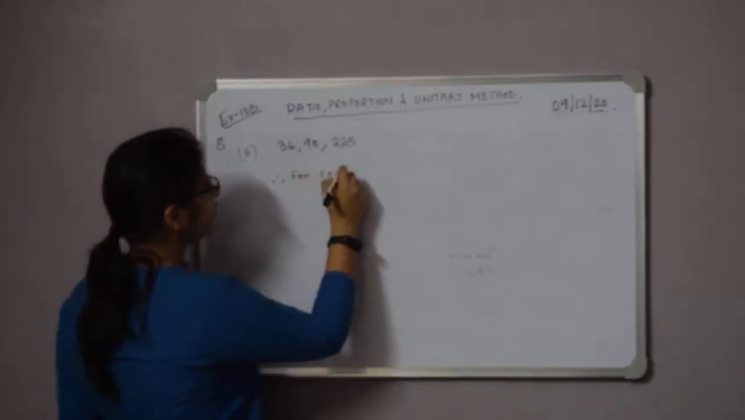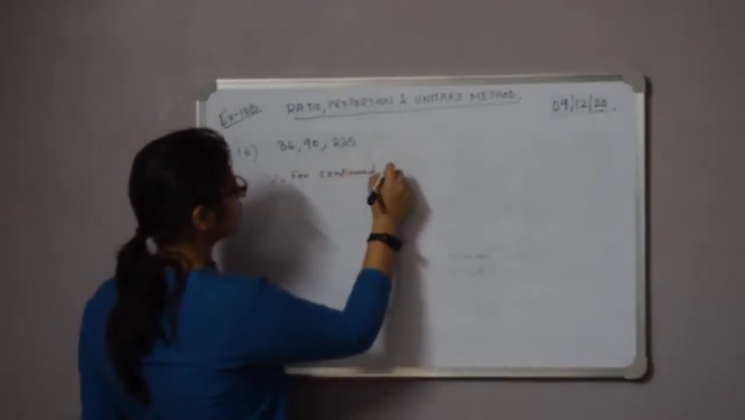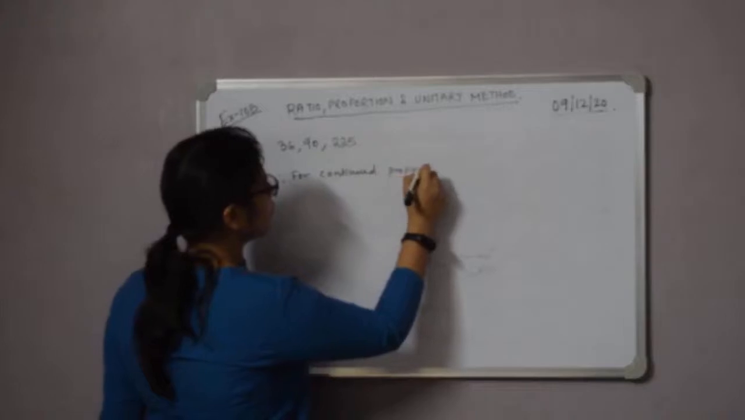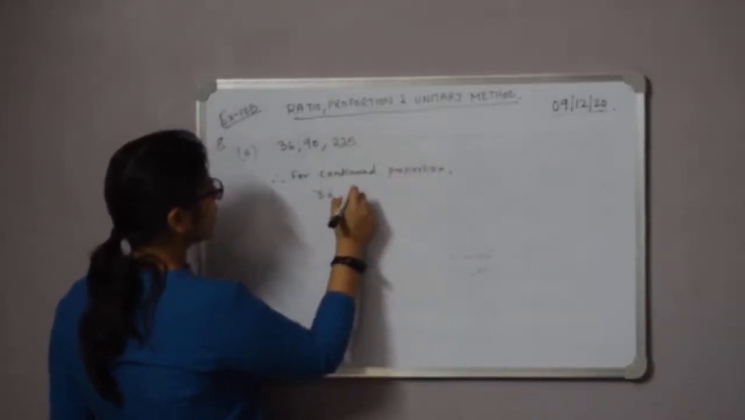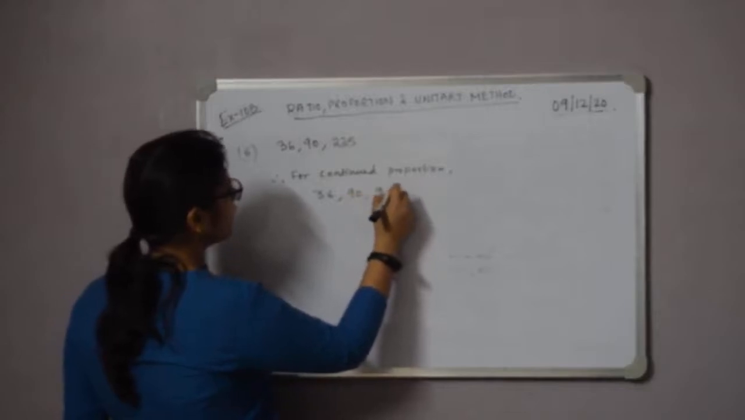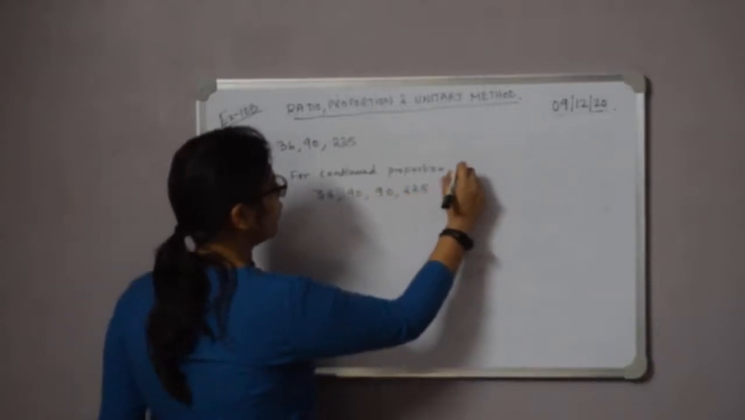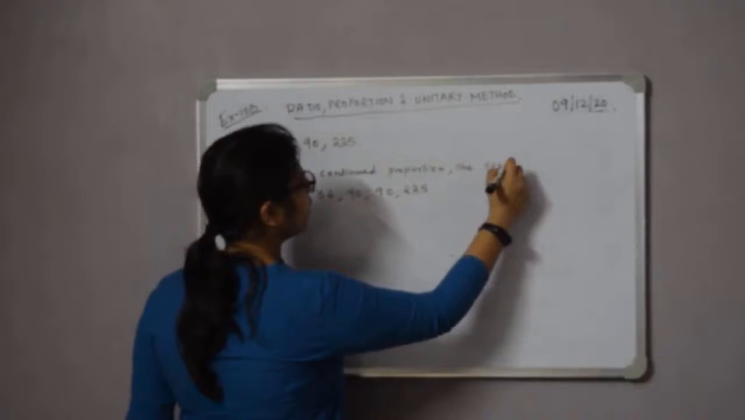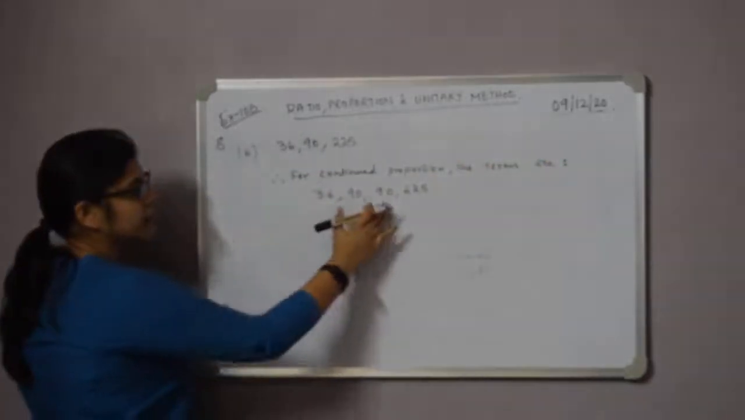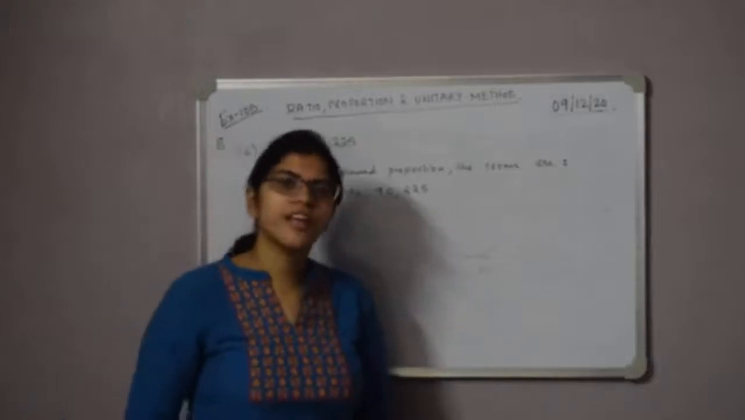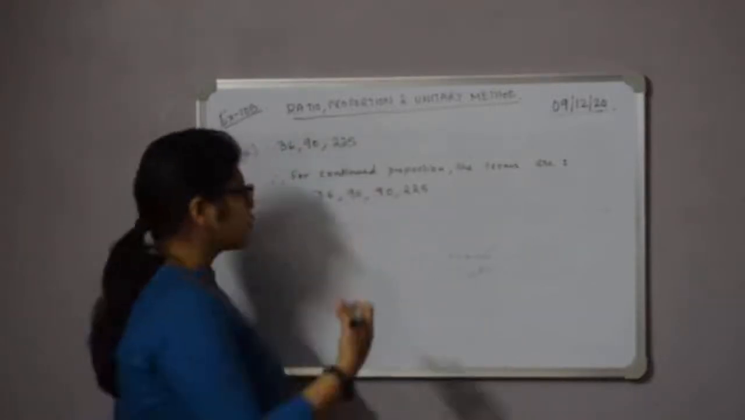for continued proportion, we can write 36, 90, 90 and 225. So these are the terms. We can say that the terms are this, this, this and this. We have to prove that they are in continued proportion, right? So we have to first